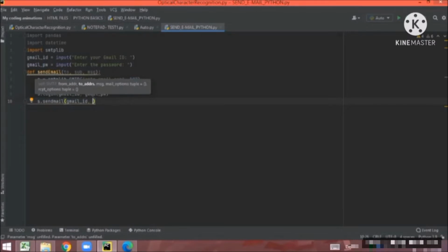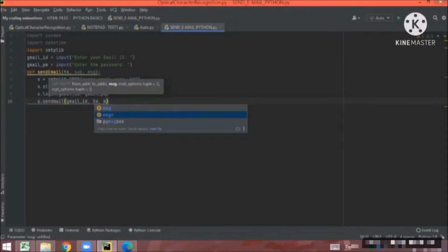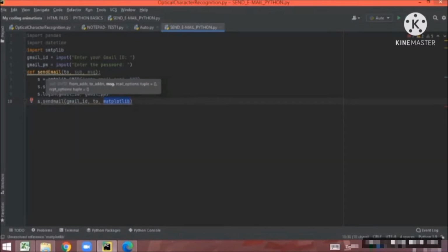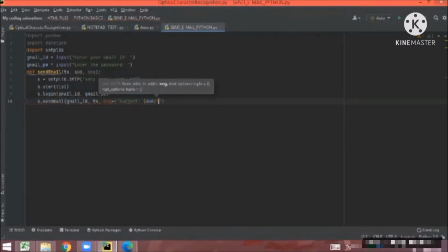Now it would be sending to a person, let's say X. So in the starting I have done two. Message would be MSG. Wait, and not MSG. MSG equals to f subject. Now the subject was sub, right? So \n and then MSG message, and then s dot